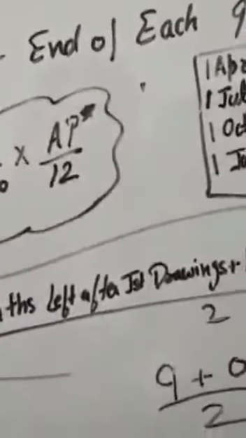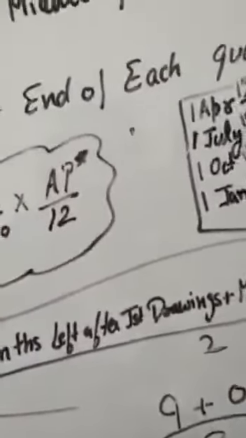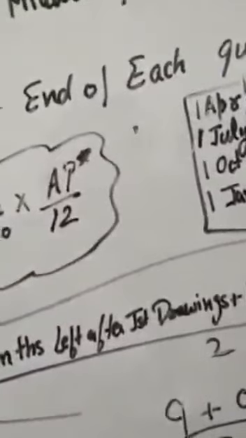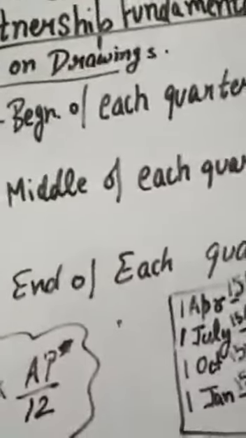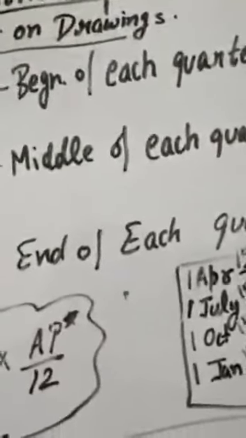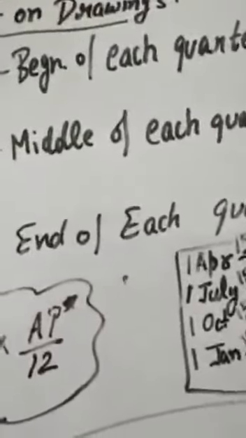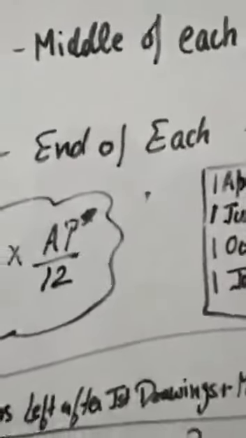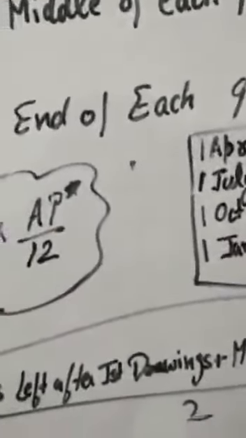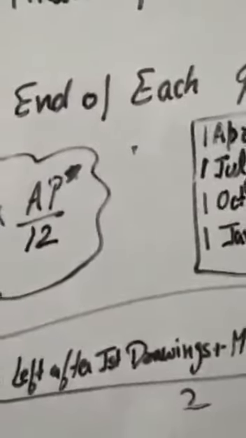Only you have to learn the average period under all the situations and you can solve the question. Okay, students? Learn it under all the 6 situations: in the beginning of each month, in the middle of each month, at the end of each month, in the beginning of each quarter, in the middle of each quarter, and at the end of each quarter. How much is the average period under all these 6 situations? I hope this is clear to you. Let me discuss a question regarding this.